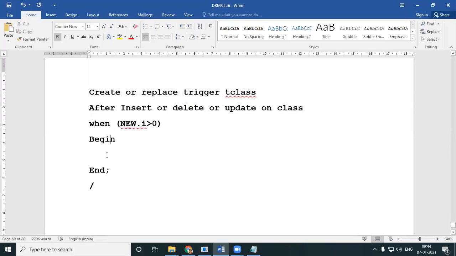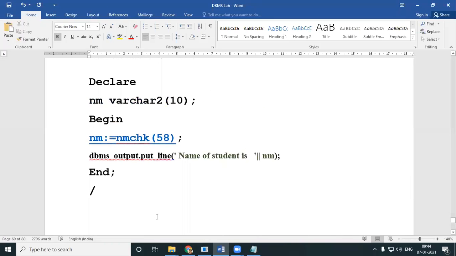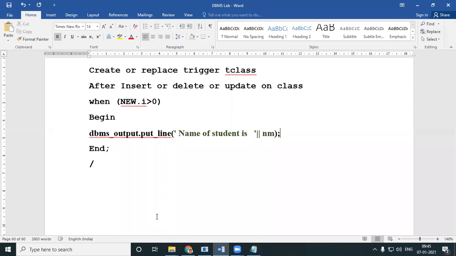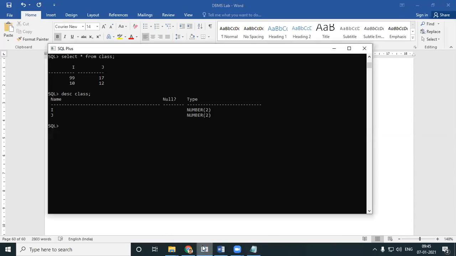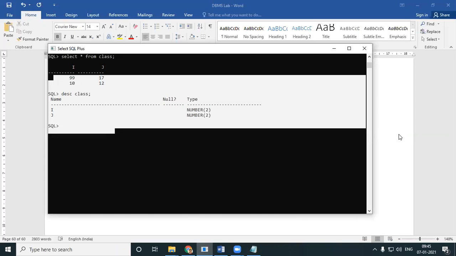Now I'll have a begin and an end. Now let us find out what is the new and what is the old. I'll copy the syntax here. I forgot to give for each row, which means I cannot stop at this row; I should go on till the last row of my table.